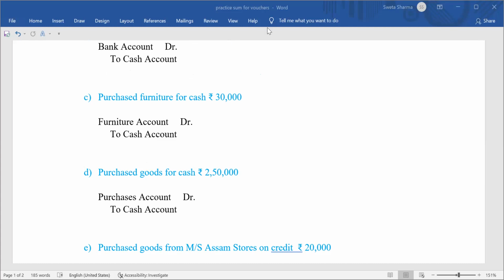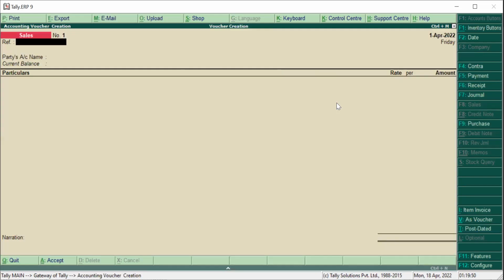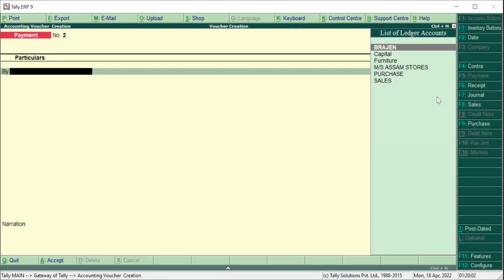For that, let us go to the Tally software, and here in the accounting vouchers we have the sales voucher, but we want to record this in the payment voucher. So function F5, and we come to the payment voucher, and in the payment voucher we will record it as